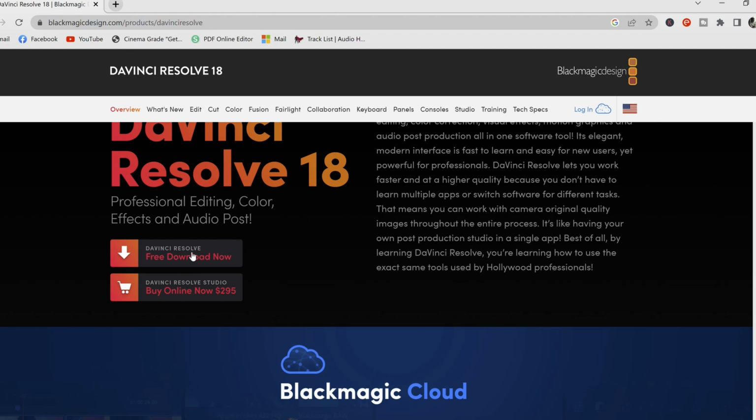The second reason why DaVinci Resolve is the best editing software for beginners is its affordability. While other video editing software can cost a small fortune, DaVinci Resolve is completely free to download and use. That's right, you've heard that correctly. You can download DaVinci Resolve for free and get access to all of its powerful features without having to spend